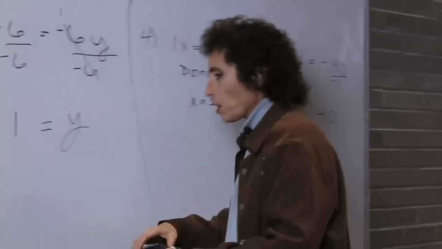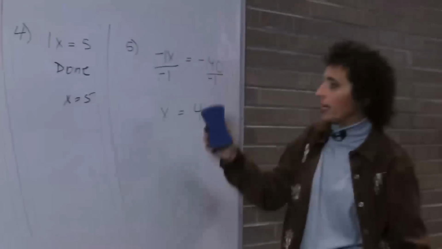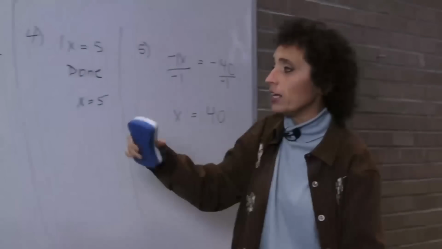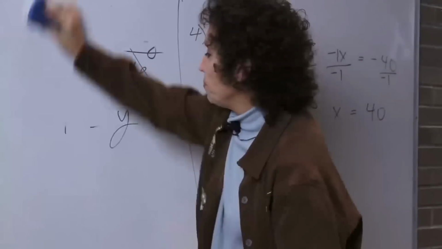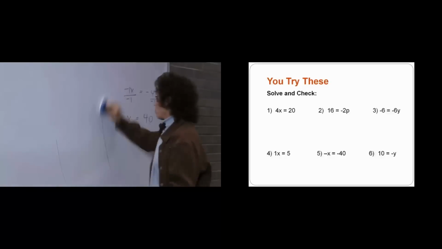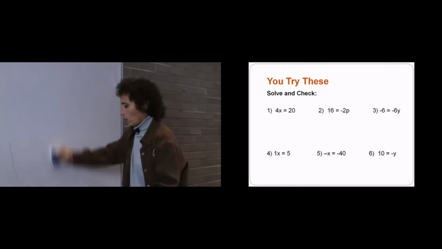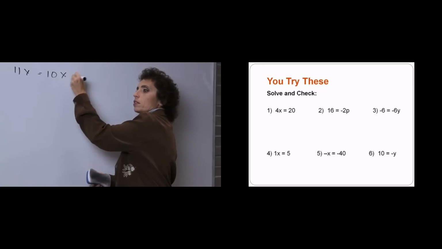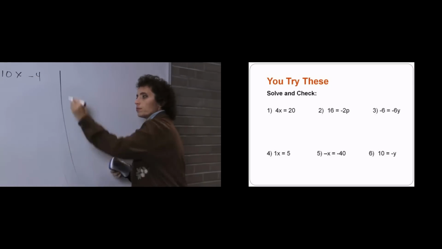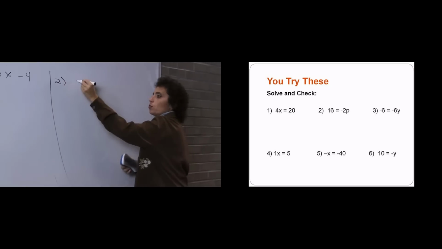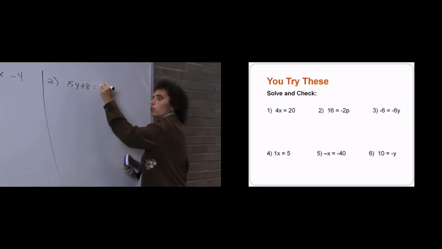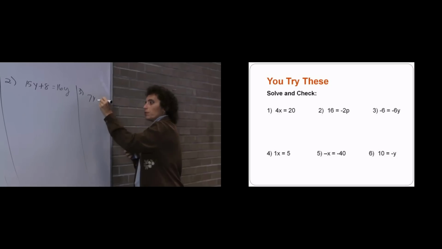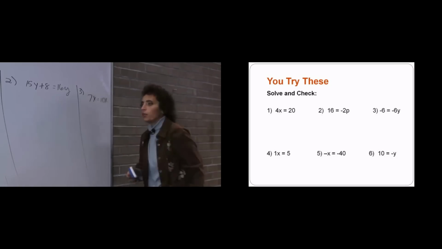Here we go. I want you to notice something. We are dividing here, but we're not dividing until all the variables are on one side and all the numbers are on the other. That's when we actually divide. That's going to be important in this next group of examples. All right, number 1. Number 2 is 15y plus 8 equals 16y. Okay, I'm going to give you a second just to do the first step. By that time, I'll be done writing, and you'll be done with the first step.